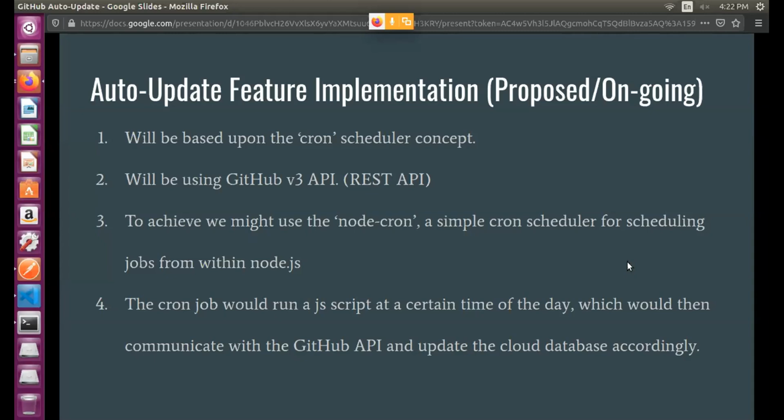Yes. Do you know how WhatsApp auto backup feature works? They have scheduled the backup process for each day. Let me introduce you to Cron. Cron is a tool to schedule our tasks or commands. So by using Cron, we schedule some tasks such as fetching the GitHub API and updating it to our MongoDB database at a certain time of the day. That's how we will keep the GitHub API data up to date daily. Thank you.